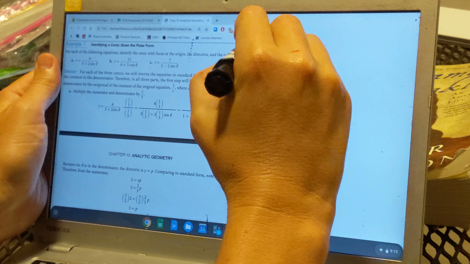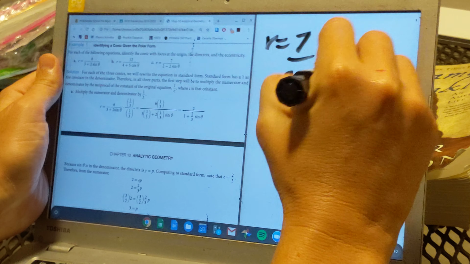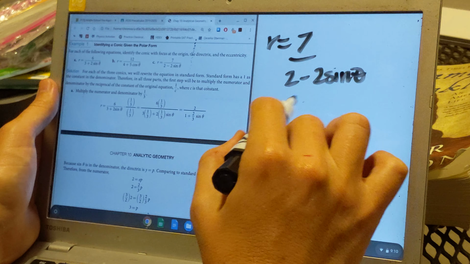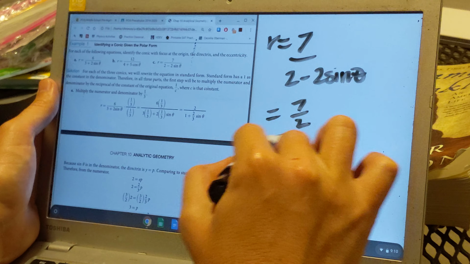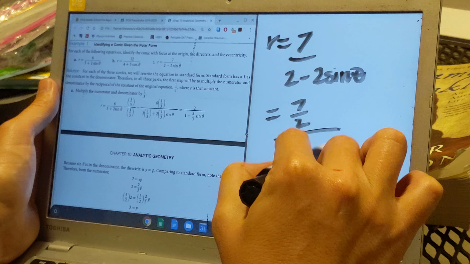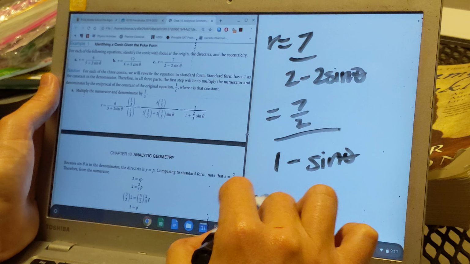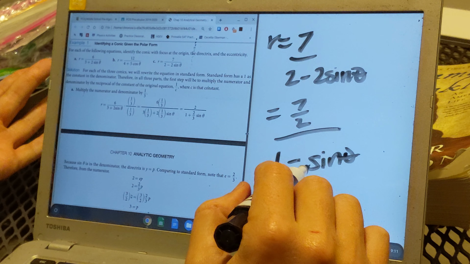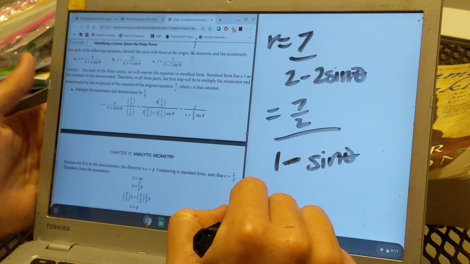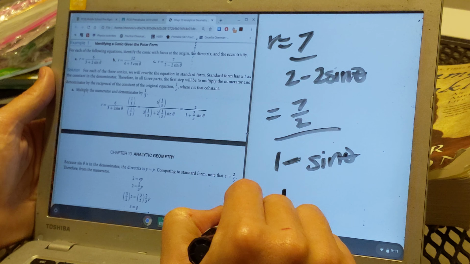All right, last one. r is 7 over 2 minus 2 sine theta. Okay, first time we've seen a negative there. So, of course, we need to change this over. Now we get 7/2 over 1 minus sine theta. Cool. So our e value is going to be... Now, this is complicated because the e value can't be negative, right? But this negative is going to play out in a different role in just a bit. This e value is clearly 1, which means it's a parabola,